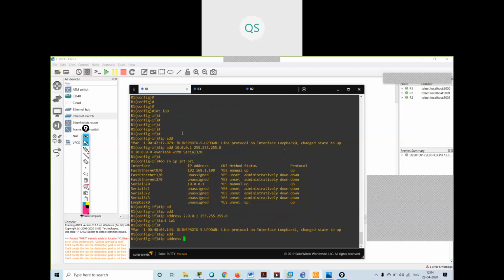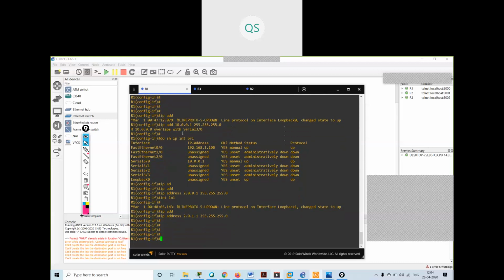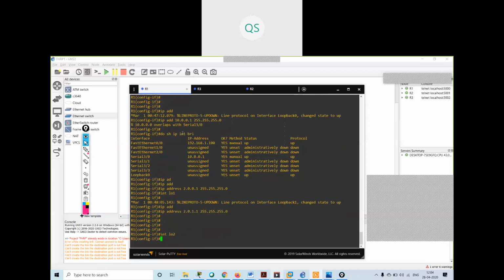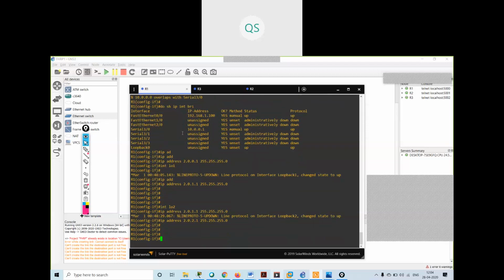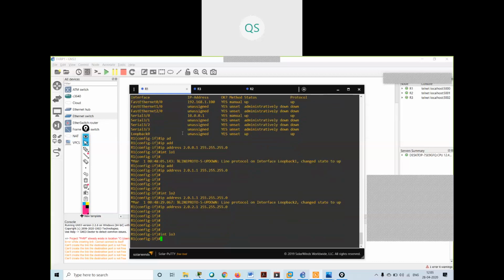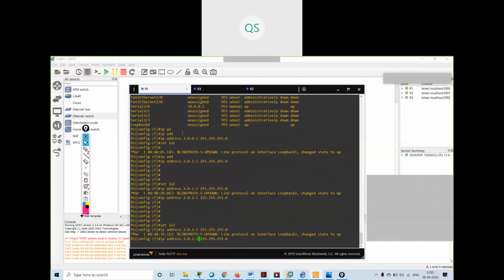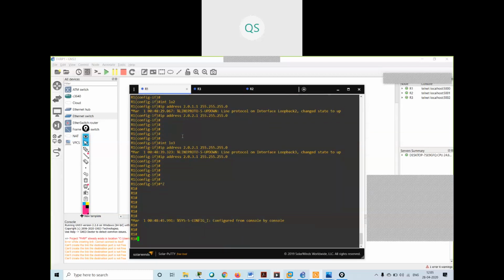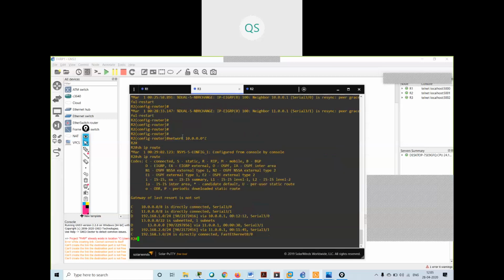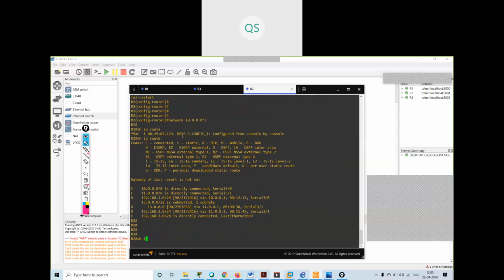Interface loopback 1, IP address 2.0.1.1, 255.255.255.0. Then interface loopback 2, 2.1, and then 3.1. Then I will go on R2 and see show IP route.